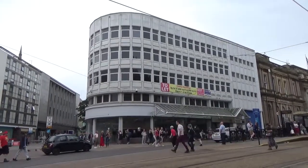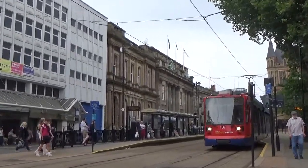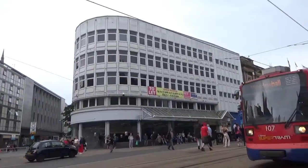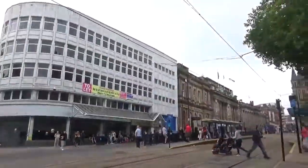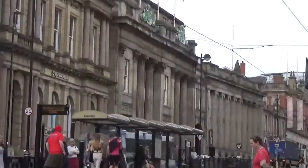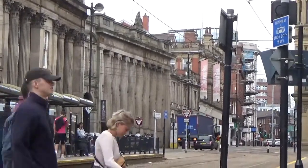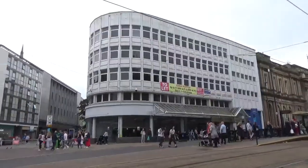But please explain to me, how do we go from all that lot up there to that just there? It's a bit of a pain, because I don't know when the super trams are coming past me, but like I said, how do we go from that beautiful Cutlers Hall building, Midland Bank further up, or now Tesco, to that